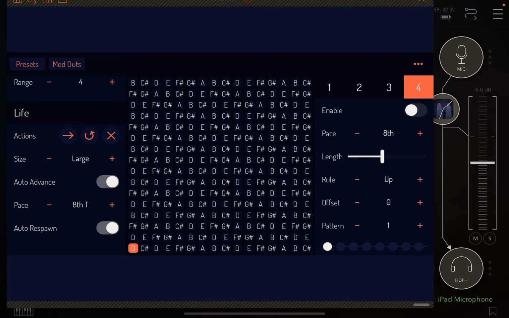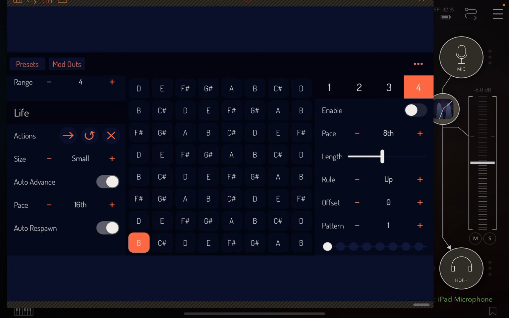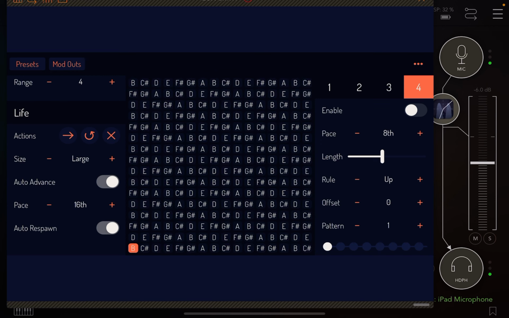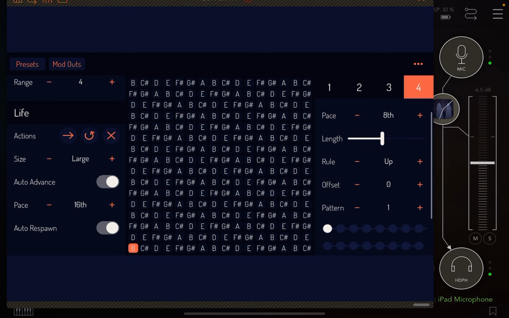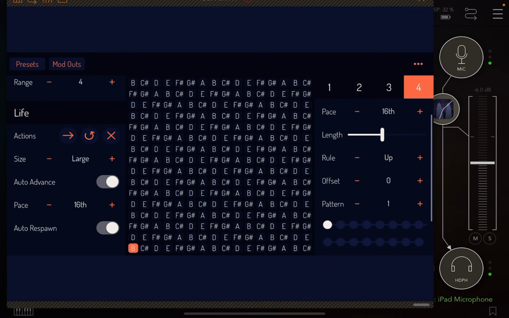I'm going to put 16th. Okay, we'll leave it at large. And so there's these patterns. Oops. And this can get real deep, and I'm not good at explaining this just because it's